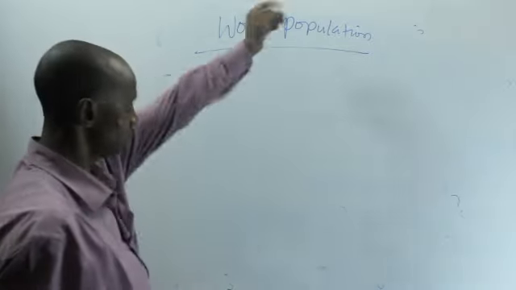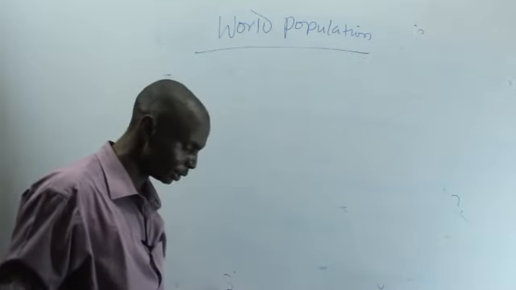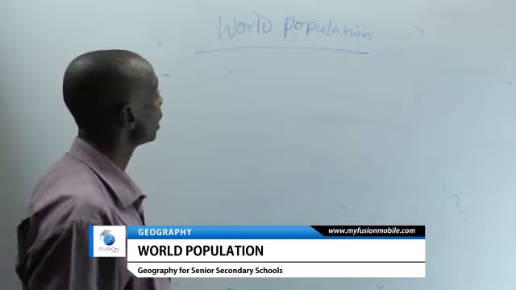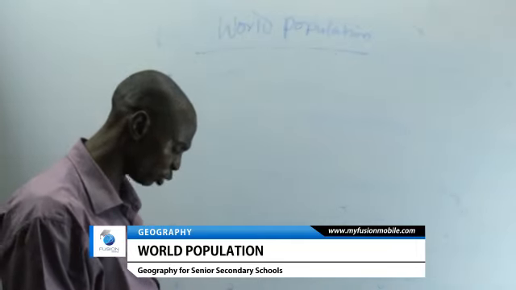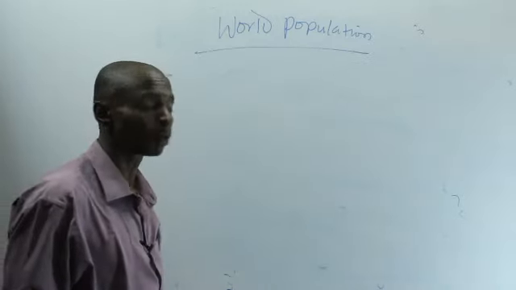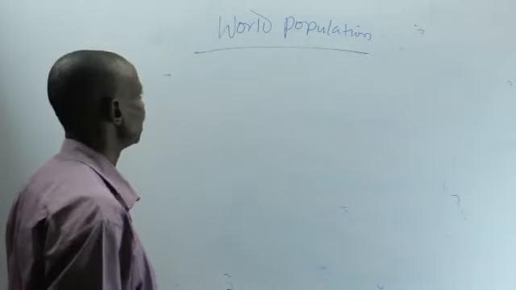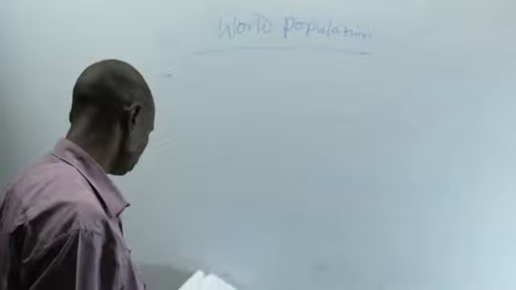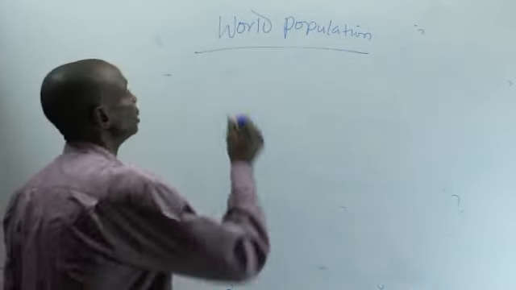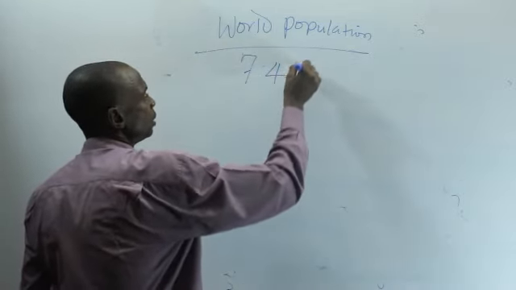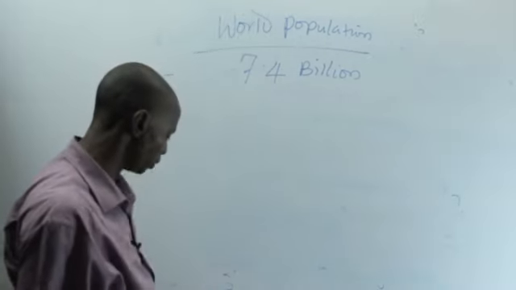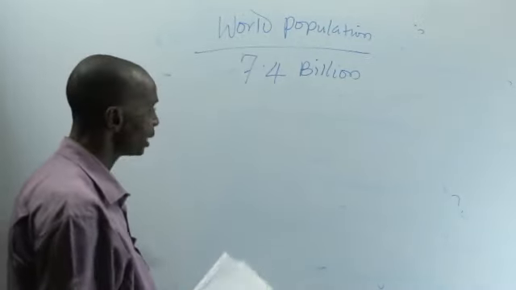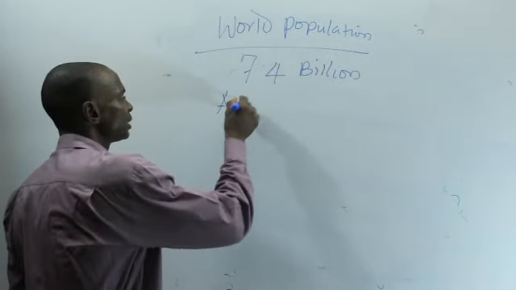Fine. We are going to look at the world population. In our previous class, we discussed the population of Nigeria, and we said that the population of Nigeria, according to the 2006 population census, was estimated to be 140 million. But this time we are looking beyond Nigeria. We are looking at the world population. The world population was estimated to be 7.4 billion. If you look at the continents in the world, out of this 7.4 billion, Asia has